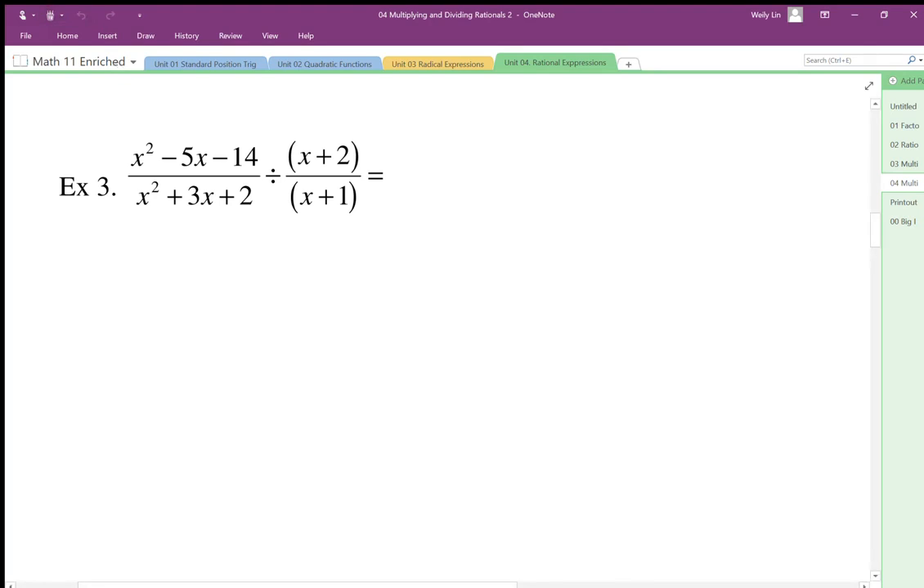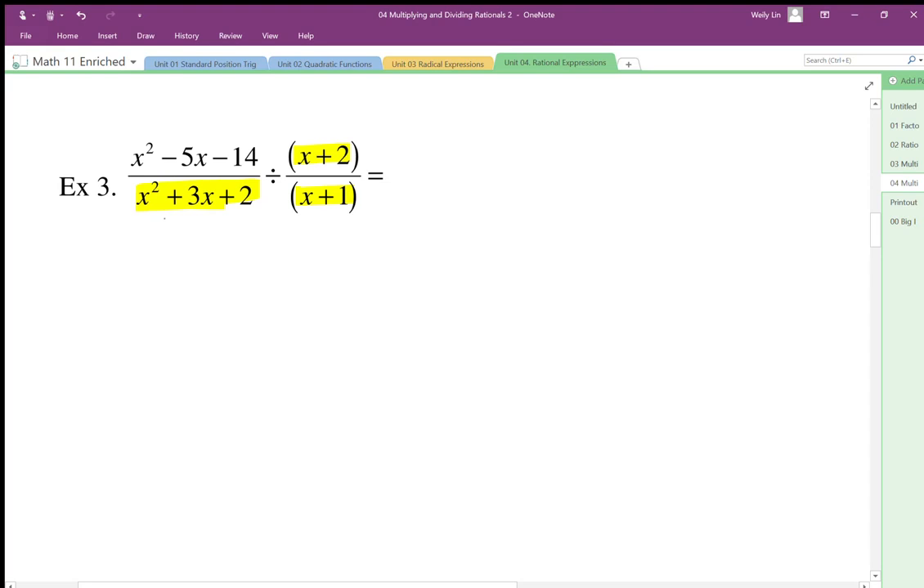So I'm going to again start with my domain restrictions. Everywhere there's a divide, I have to worry about restrictions. Okay, divide here. We're dividing by x plus 2. We're dividing by x plus 1. So domain restrictions become x is not equal to, well, actually, let's factor this first, and then we can state